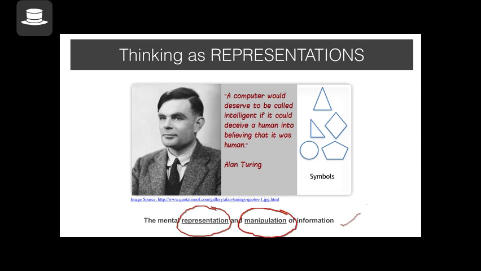Remember, what we're saying here is that thinking involves manipulating the representations or manipulating the symbols we have in our mind. So we need to know what these symbols are, in other words, what these representations are, first before we can talk about the process we use to manipulate these representations. So that's why I've divided this particular topic of 7.1 thinking into two videos. 7.1 about the nature of the representations or symbols, and 7.2 is about how we manipulate these representations.